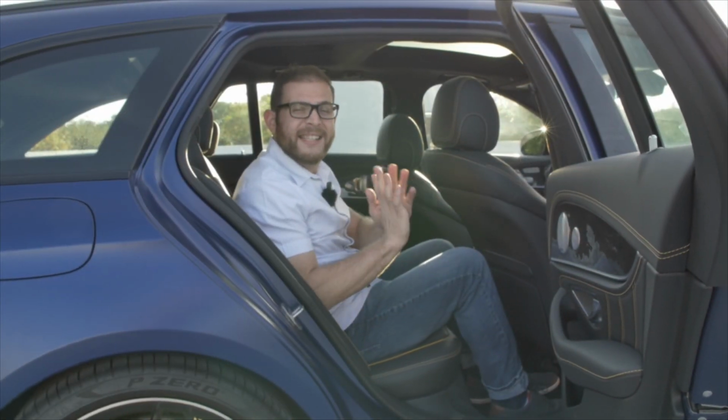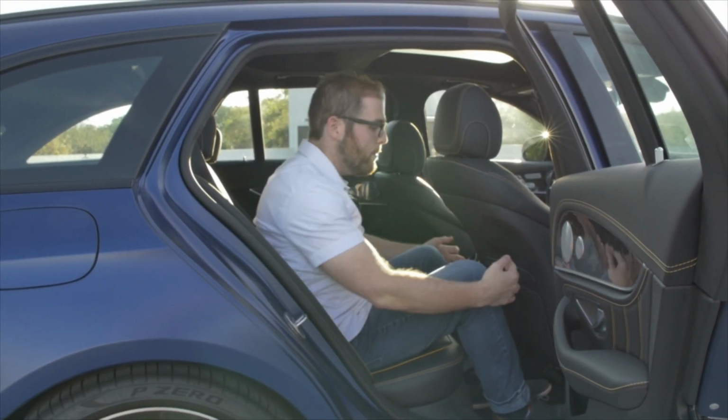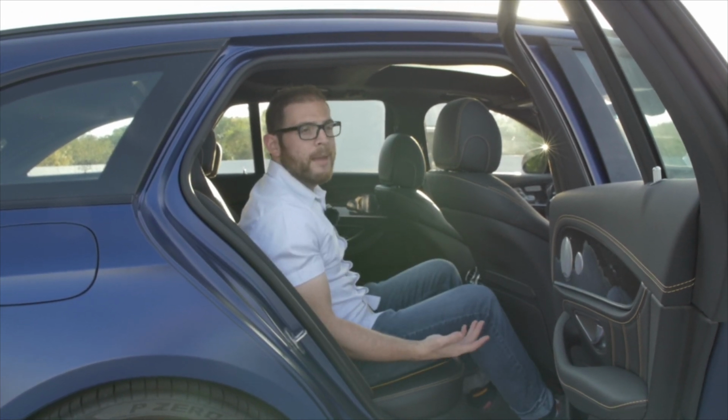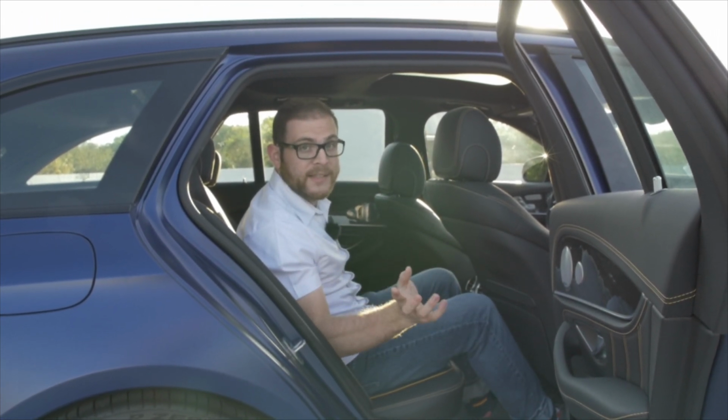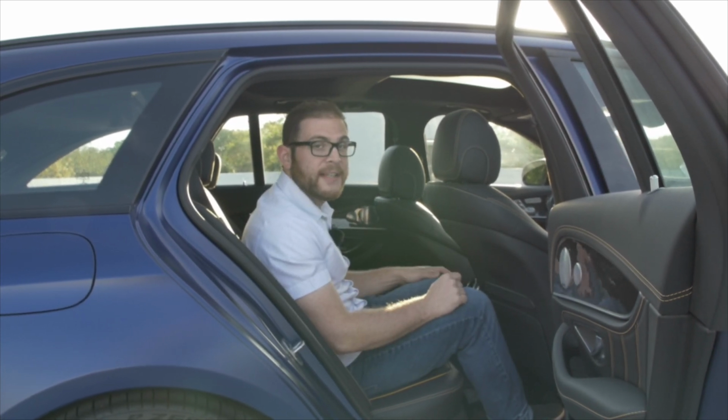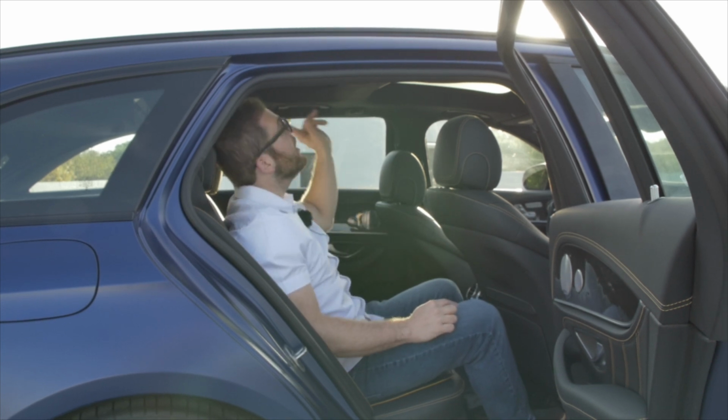Now here in the back seat, this is a family car, so you want to have a lot of room back here. We've got 38.5 inches of legroom back here, which is fine for me. It's not that much. The Audi RS6, this car's key rival, has just a little bit more, but this is the same amount you'll get in the sedan, and I do have plenty of headroom back here,